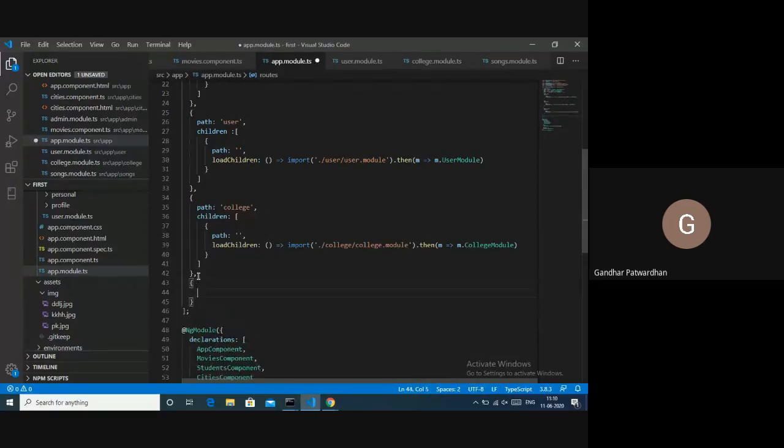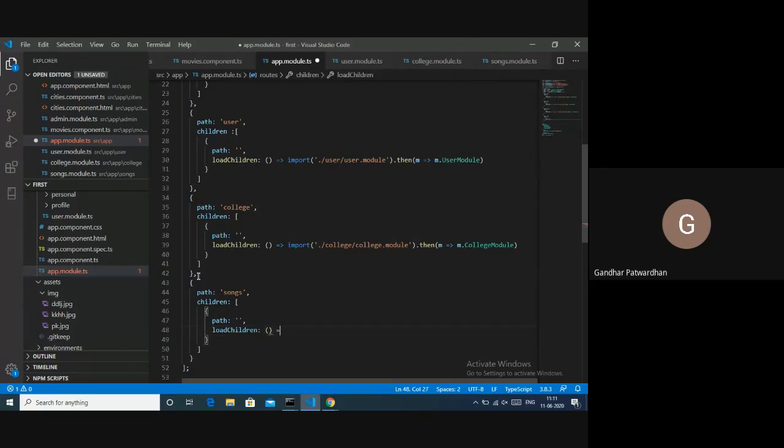This time it would be for songs, so I'll say path, songs, children, again an array. Inside this array, an object. Inside that object, I'll say path is default, right? Then I'll say load children, right?